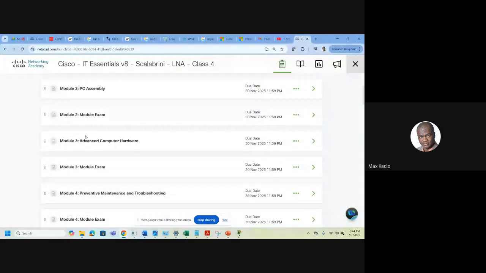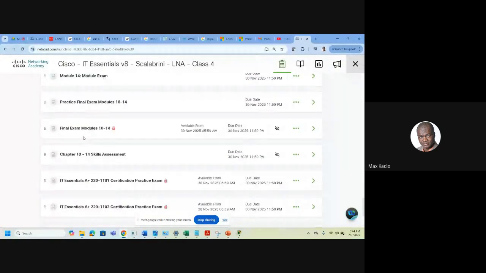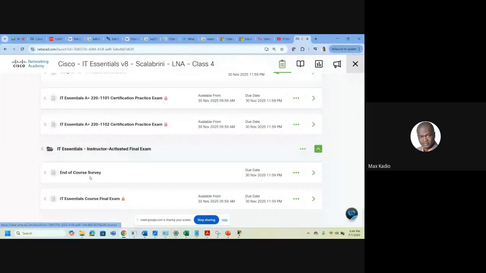At the bottom of this page, you'll see end of course survey. This one you need to do, it's compulsory. If you don't do it, you won't get a certificate from the system. And the day of your exam, this is where you should click. You can even do the survey now or anytime it's open, but the exam one I will activate on the day of your exam. And yeah, you should see your grades.